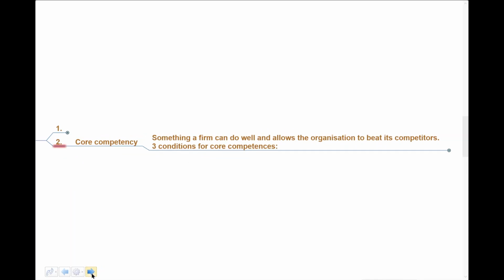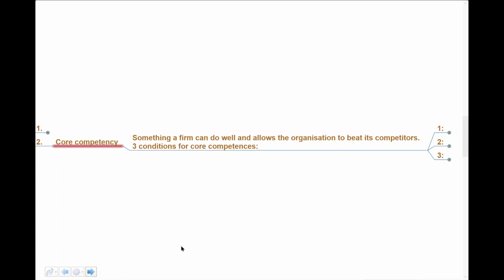Now these buzzwords, as I've said, these definitions are important to us. Let's have a good feel for exactly what we mean. When we think about a core competence, we're saying that the firm can do this well, and this particular thing allows the organization to beat its competitors. This is something different. So again, looking back at, let's say, the German car industry or even Apple, when we think about the origins of car manufacture or even cell phone manufacture, these companies had something different that they did well. I mean, Apple had the history of making computers from the 1970s onwards.